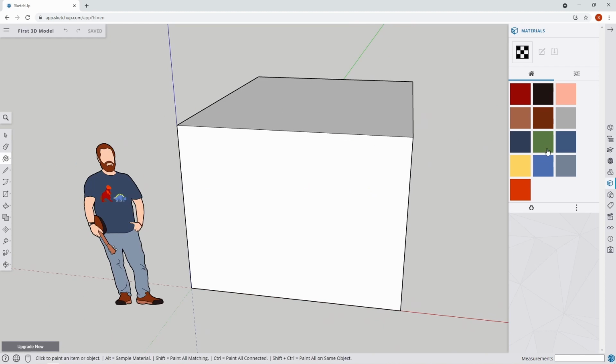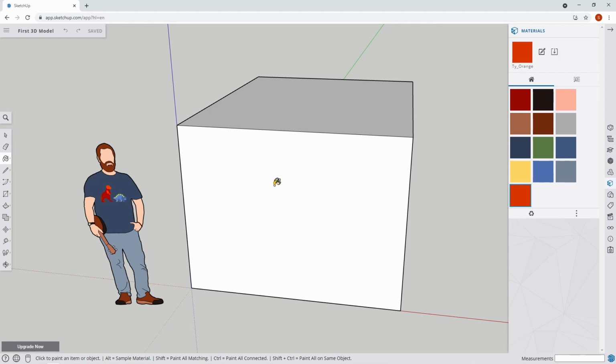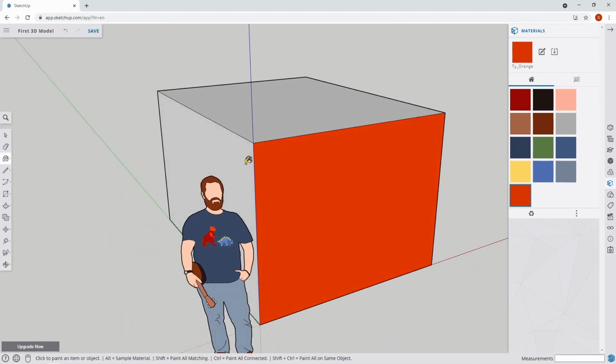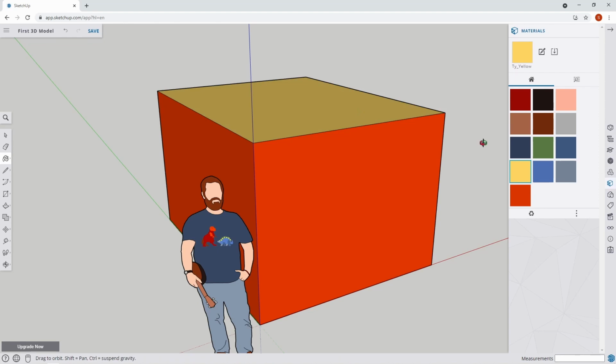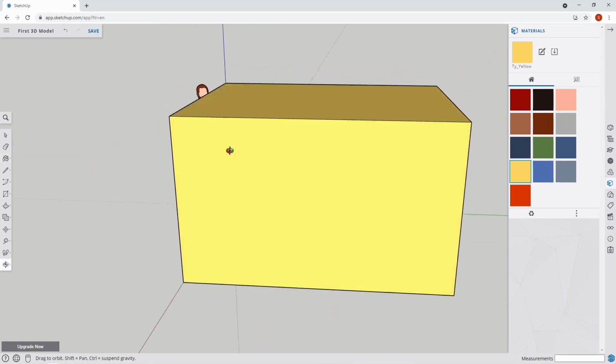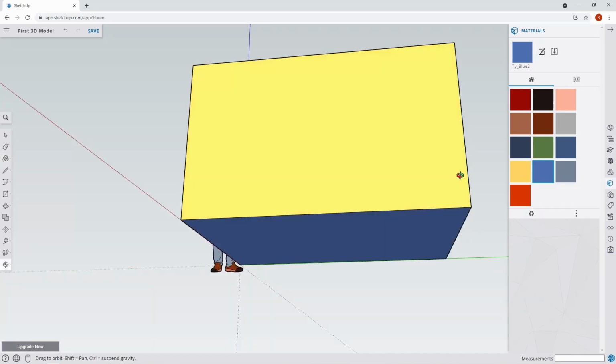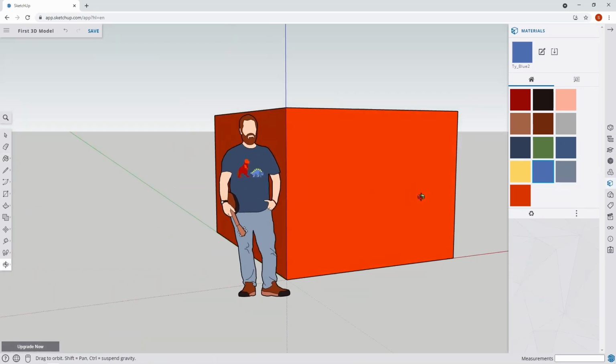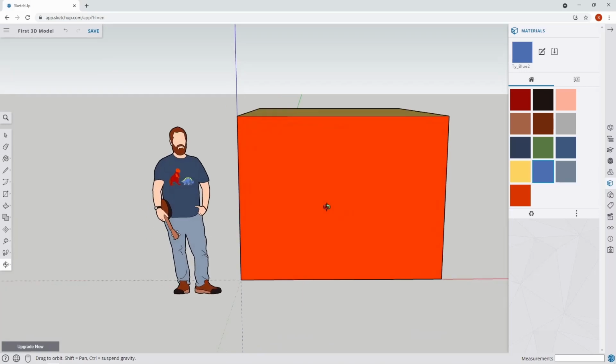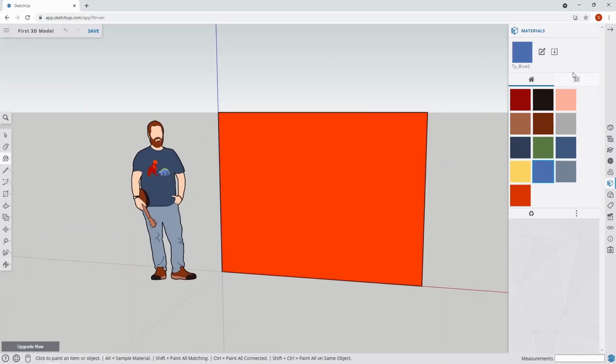Now let's paint our bucket. Let's go with an orange. And let's paint two sides orange, two sides yellow. And let's go blue on the back and bottom. There we go. All right, so basically we just use the paint bucket tool, and then we have the little